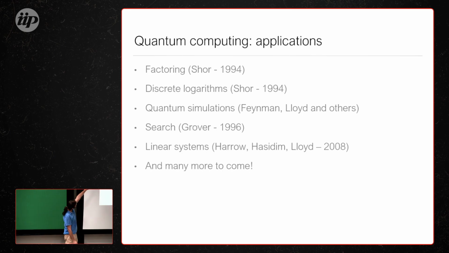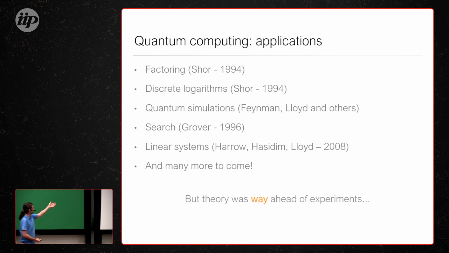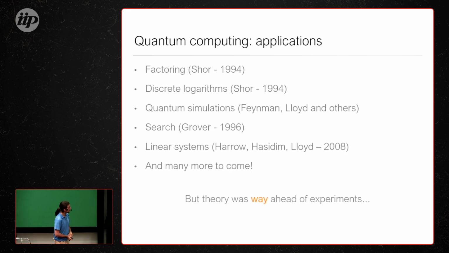Now, if you look at these numbers, 94, 96, the theory here was way ahead of experiments. Because the quantum computers you had at the time, where you could control these quantum systems individually, the biggest ones had like 3 qubits, 4 qubits, 5 qubits. Again, there are trillions of transistors in your classical computer because classical computing has a 70-year head start over quantum computers. But at the time Shor said, when you can get me 10 million qubits, you can factor a very big number. And the experimentalists said, good, we have 4, what can you do with that?